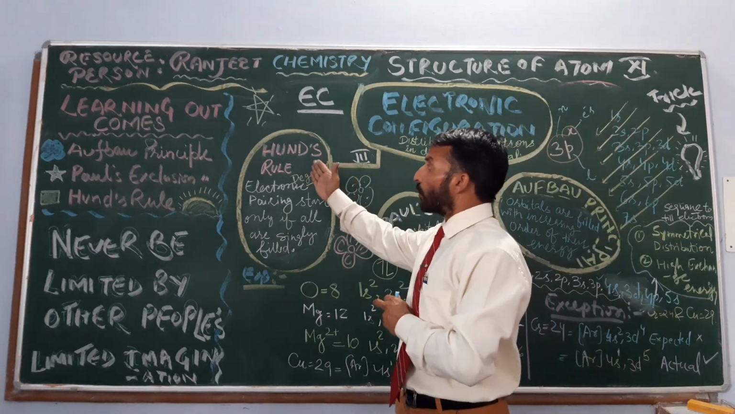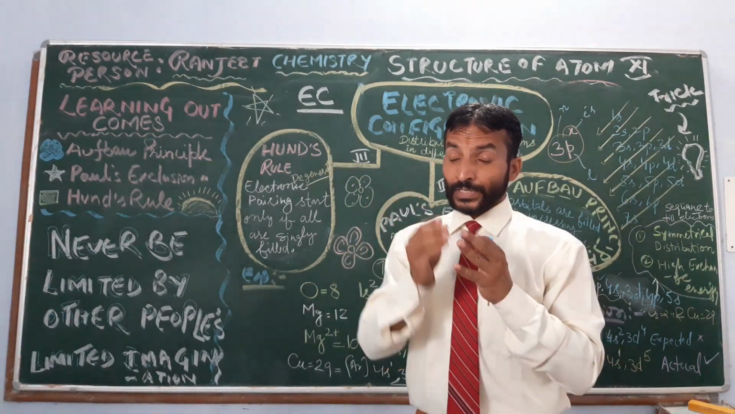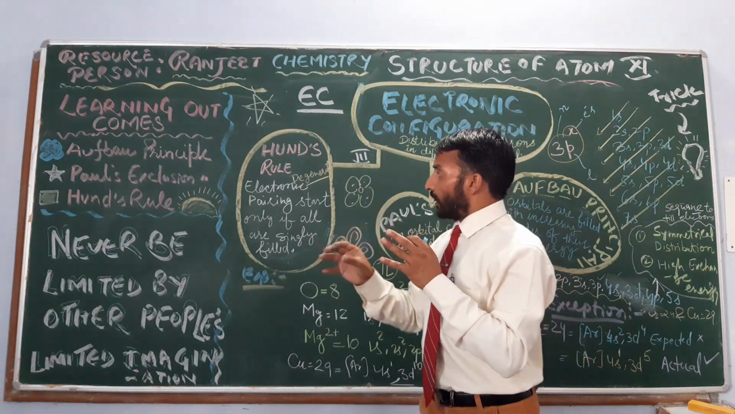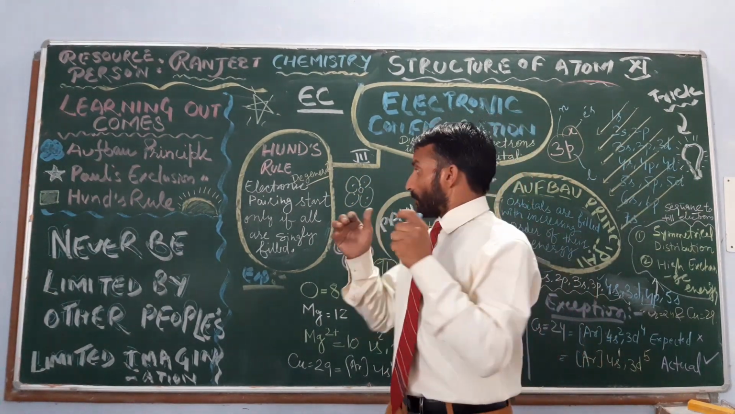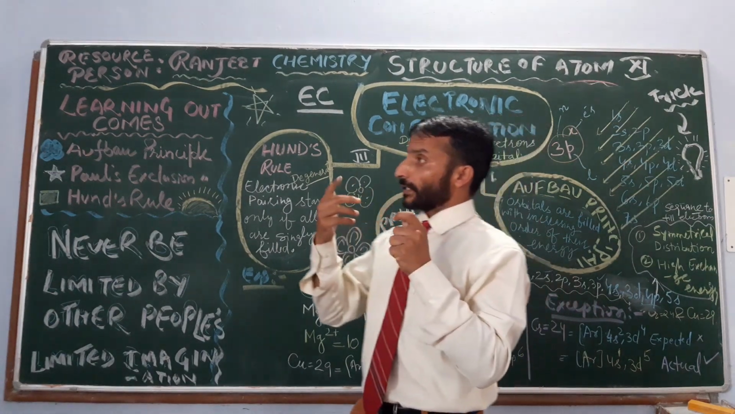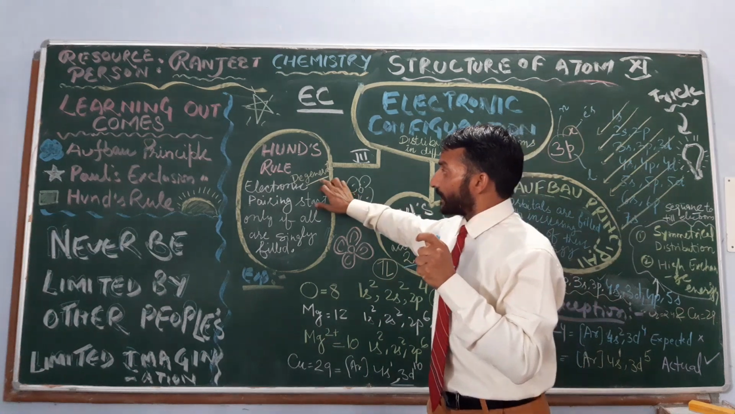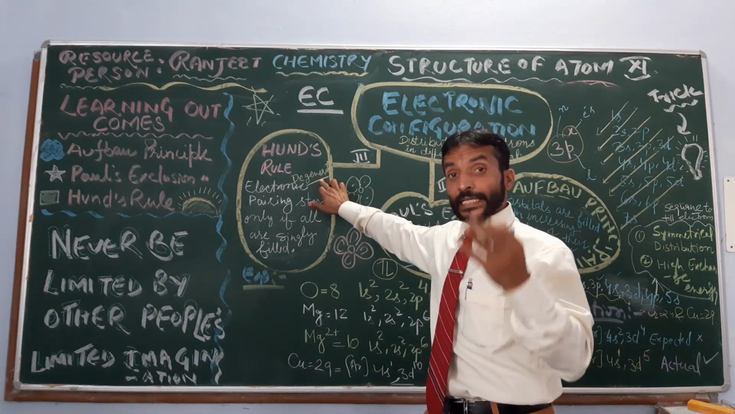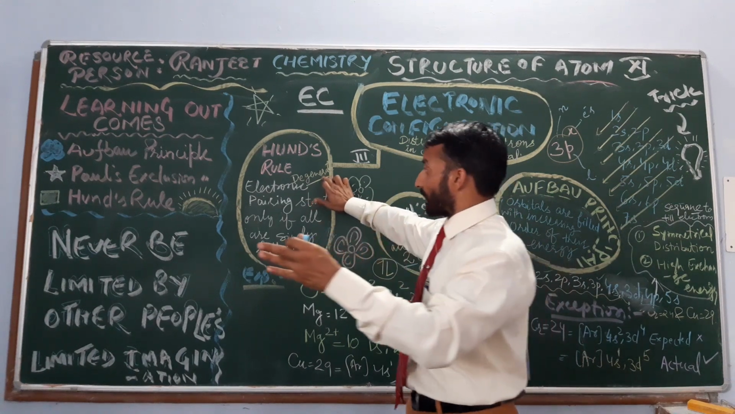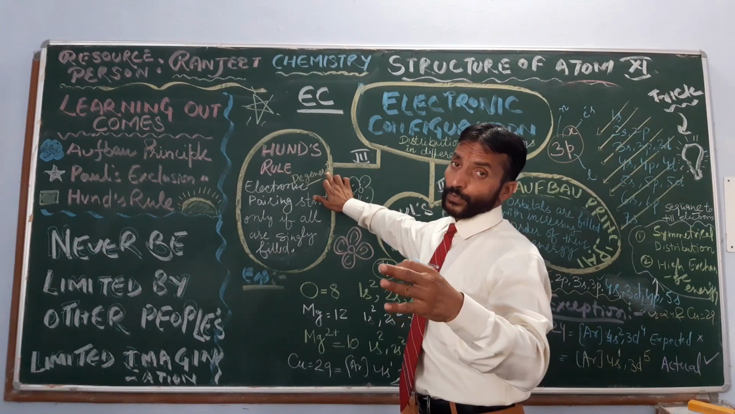Third is Hund's rule of maximum multiplicity. This rule is applicable where there is more than one orbital with the same energy, known as degenerate orbitals. When we fill electrons in degenerate orbitals, what are degenerate orbitals? Those which have the same energy. For example,